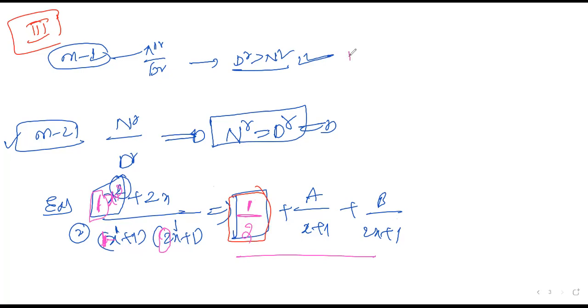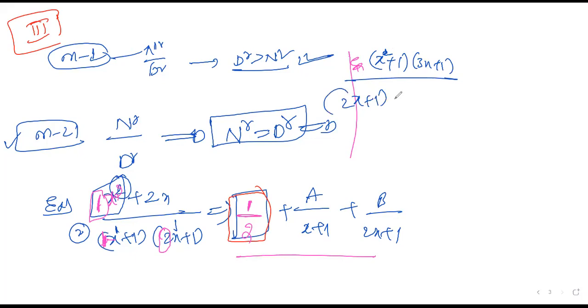If the question comes in another way, for example, x plus 1, sometimes people write like this also: 3x plus 1 by 2x plus 1, and x plus 1 and 3x plus 1, like this. It is 3x square like this. So this is the model. You can look into that.